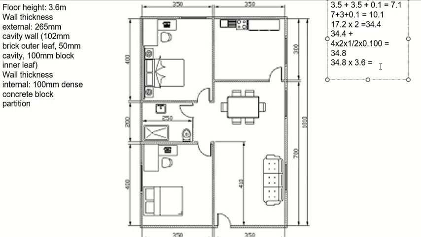And then I will add half of the cavity. The internal face is 100, so I will add half of that, and the cavity is 50 millimeters, so I will add half of 50 millimeters. Clear or not? So 34.8